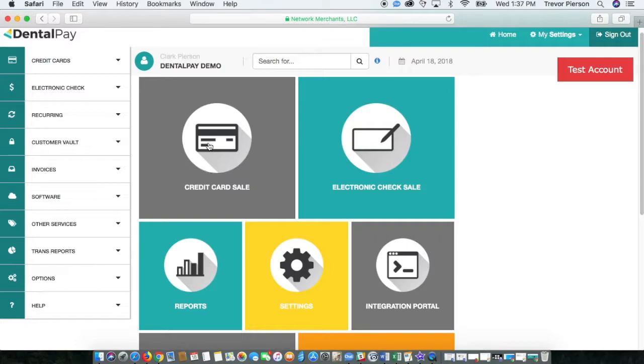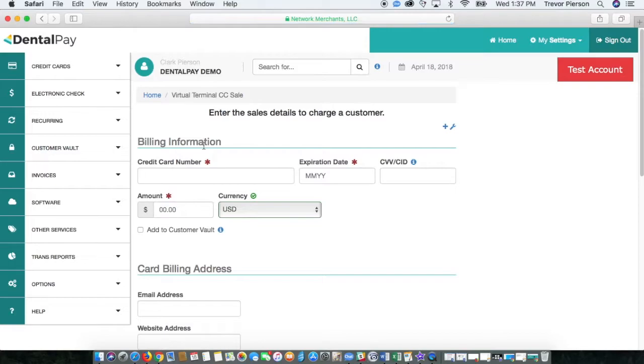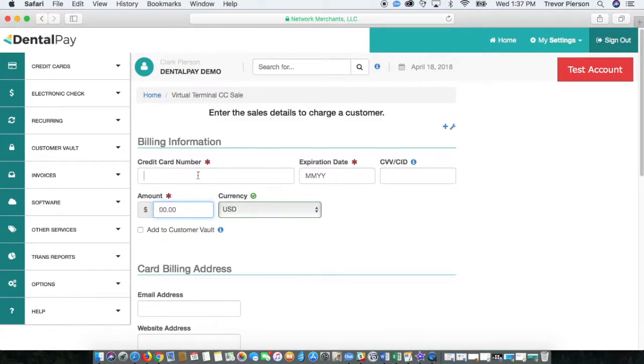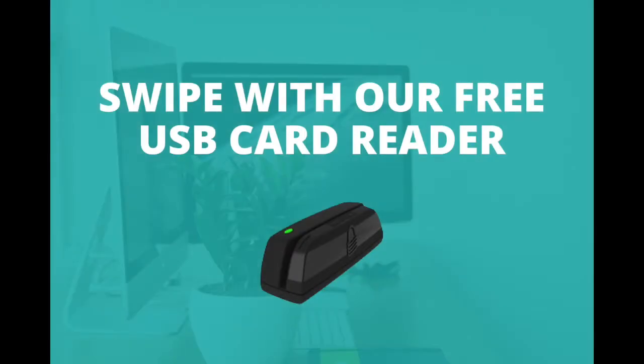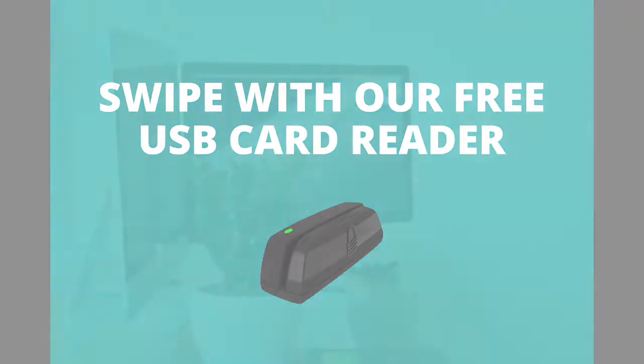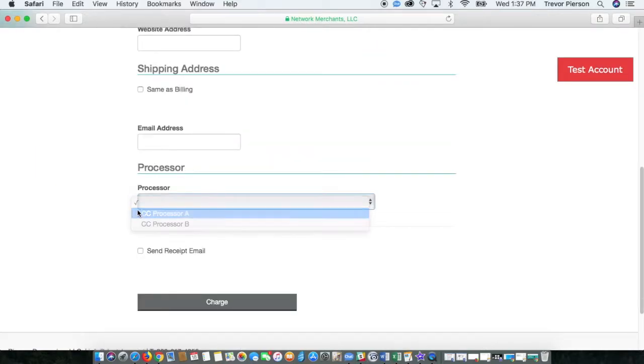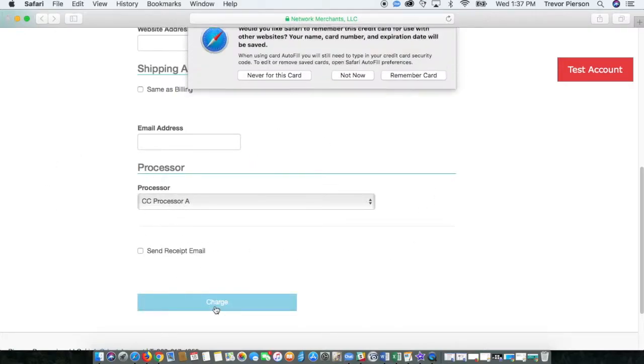You'll click on the credit card sell button. And then here you can see all you need is a card number, expiration date, amount, and then really that's it. So we'll just do a test card here. Enter expiration date, and then amount. We'll do a penny transaction. So you won't have to do this if you're in a live account, but since we're in a demo, it's making us do this. We hit charge,